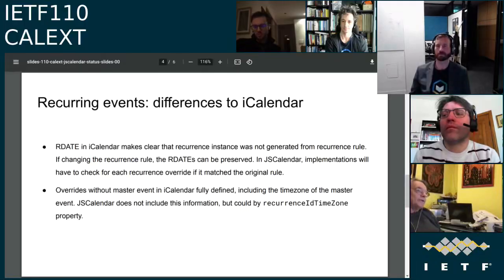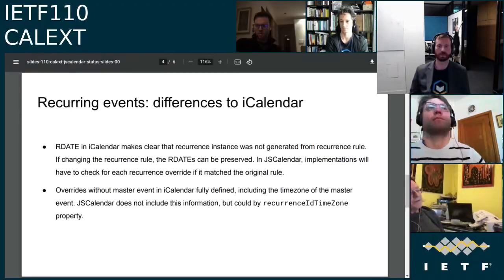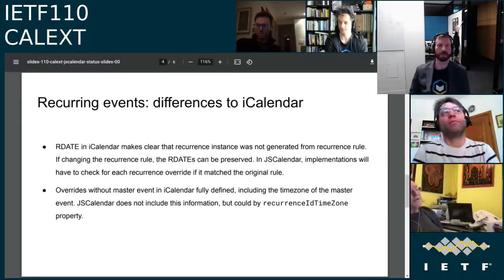You do queries on these things to see whether an instance of the event has been moved outside of the time. Maybe you're saying, what meetings have I got this week? And it gets flagged as saying this has been moved into the following week. But it would never even show up in the response to the query, so the client can't notify you that, by the way, this meeting's been moved. That was one of the reasons for searching on time zone on recurrence IDs. There's a whole bunch of reasons why the time range query has got all that complication to it.